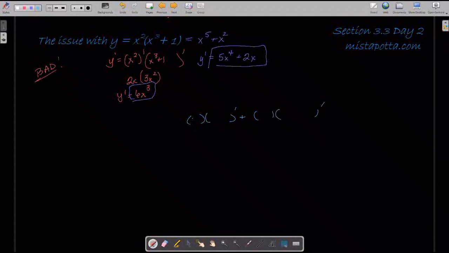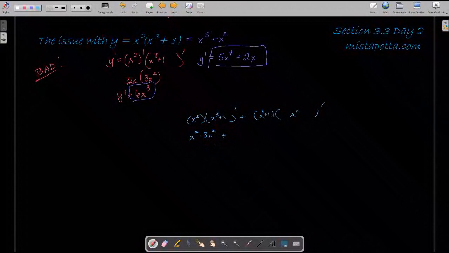So I'm going to have x squared times the derivative of x cubed plus 1 plus x cubed plus 1 times the derivative of x squared. And now if I calculate this, I'm going to have x squared times, this ends up being 3x squared